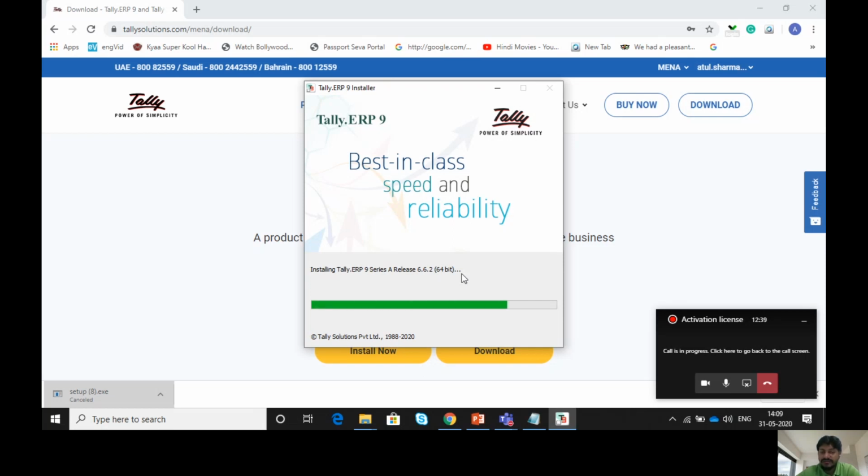The setup file is only 60 to 80 MB. You can upload it over the mail, or carry it in a pen drive. So anywhere you can do the installation, and it is going to complete.